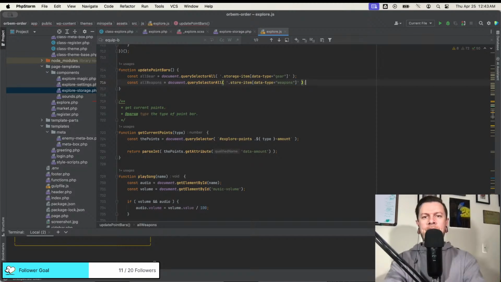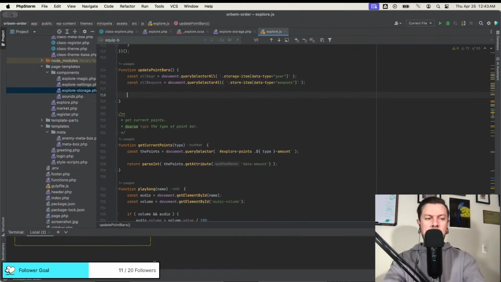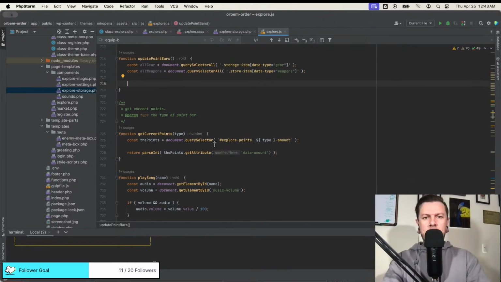Cool, cool, cool. Basically what we gotta do is go through all of them. And we'll determine whether they're mana or health. And then add up the amounts for each. And then update the point bars. So wait, where are the point bars? Oh, here we go. I have it right here.